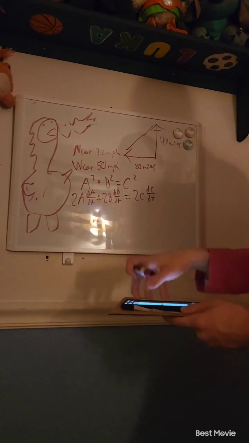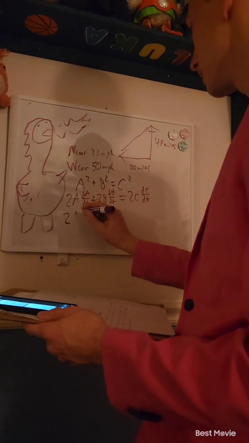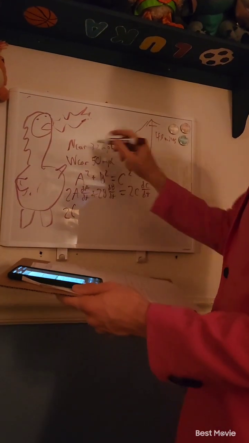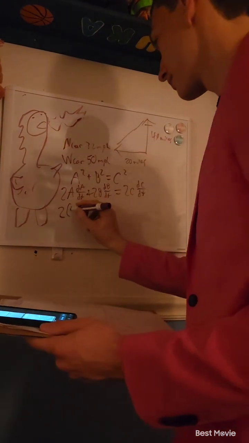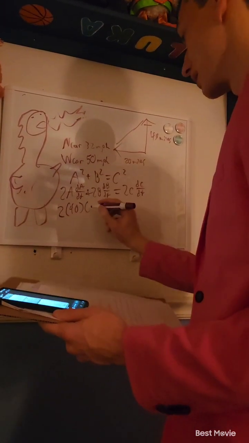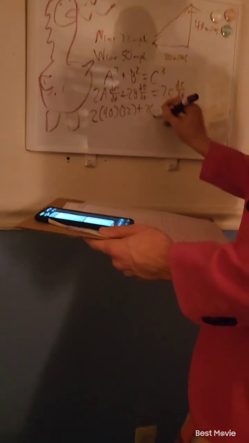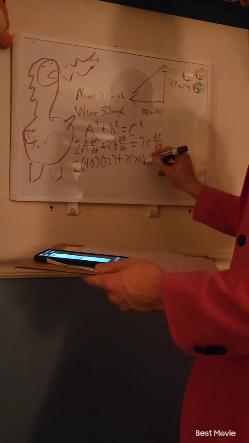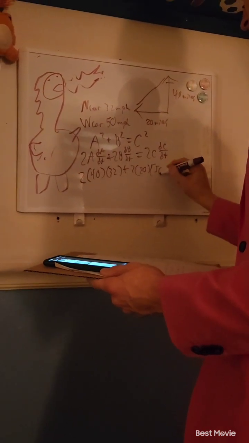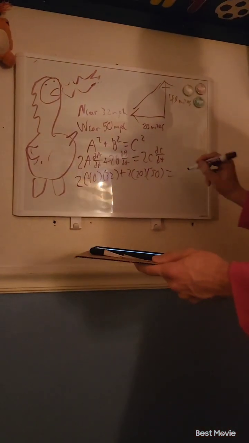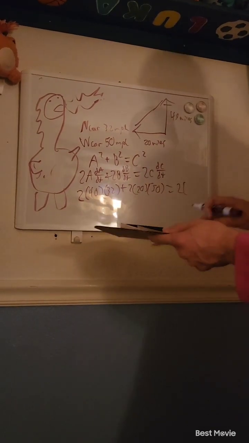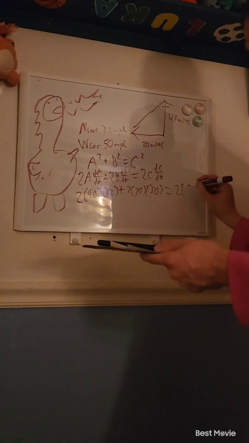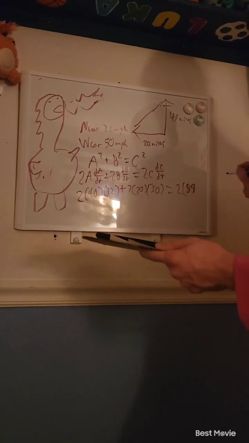We will get 2, and then we just say A is the northern car, which is going to be 40 miles away and going at 32 miles an hour, plus 2 times B, which is going to be 20, going at 50 miles per hour. And then C, solve for C, which we know would be about